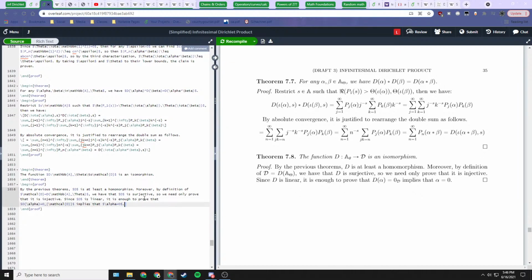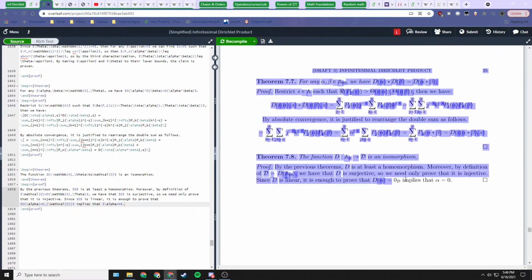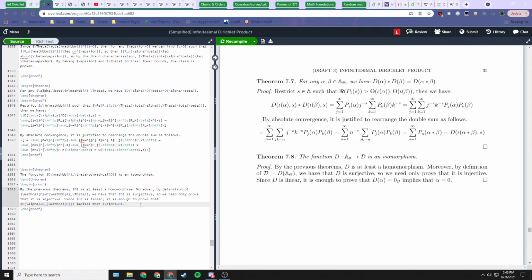So we're going to assume that D of alpha is the 0 function, and then we're going to prove that alpha is 0. So the way that we do that is